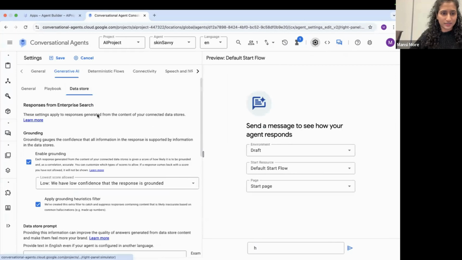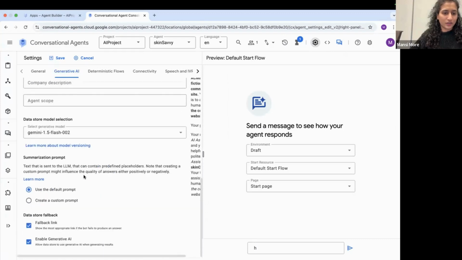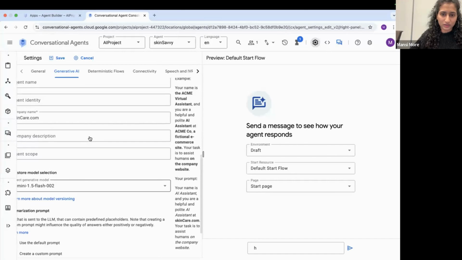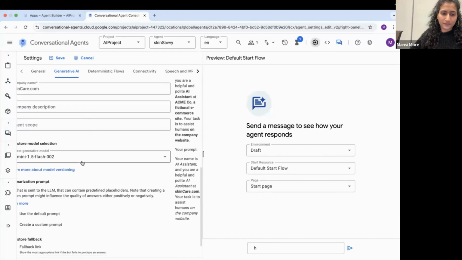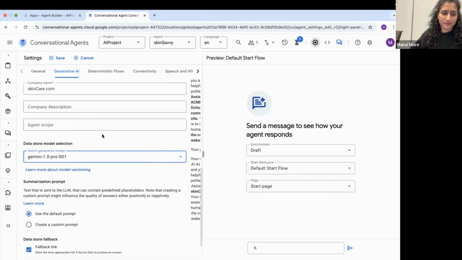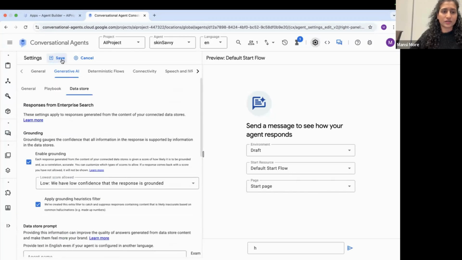So we went to settings, we went to generative AI, data store. We're going to select the data store model selection here. We're going to hit save. Agent settings updated. Now let's start.